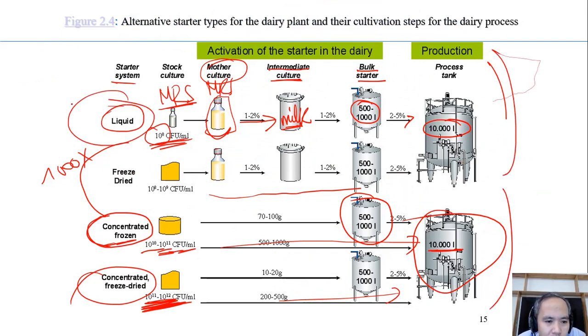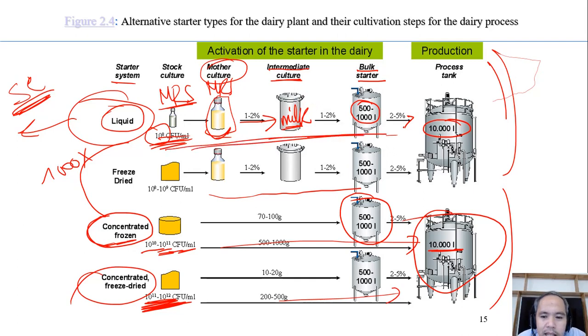For example, this one is actually the traditional way, and the company normally owns the starter culture and keeps it for themselves. Every time they use it, they need to multiply like this. Then it takes quite some time, quite some labor, and quite some space to do it, right? That's the first disadvantage. The second disadvantage is that when you do many steps, you have a higher risk of contamination with bacteriophages, viruses. That's also not good.